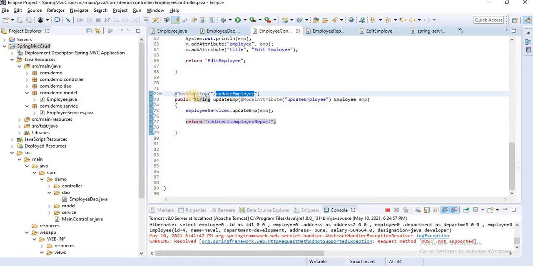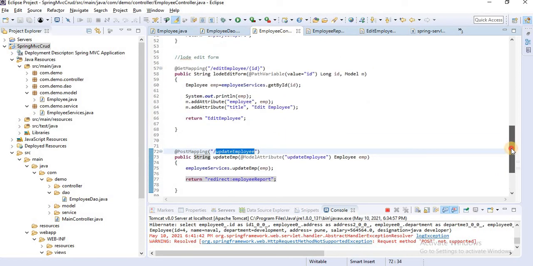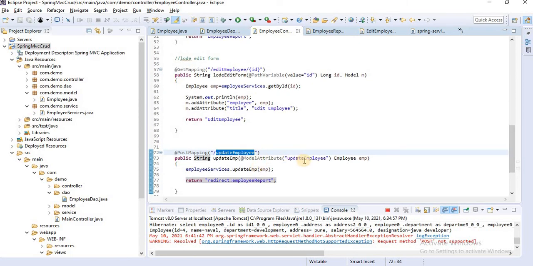In the employee controller we use PostMapping, then ModelAttribute, updateEmployee, Employee emp, then return redirect. Request method post not supported.